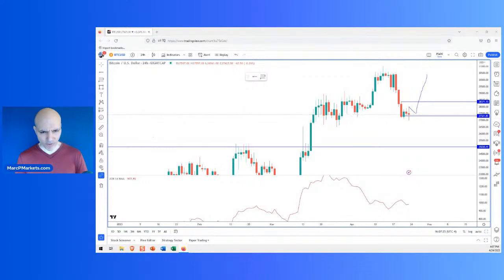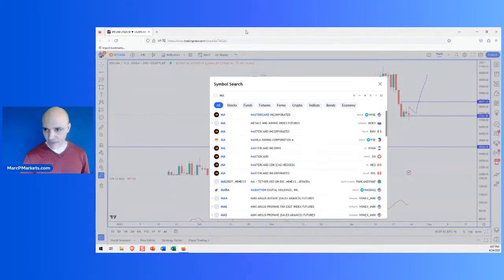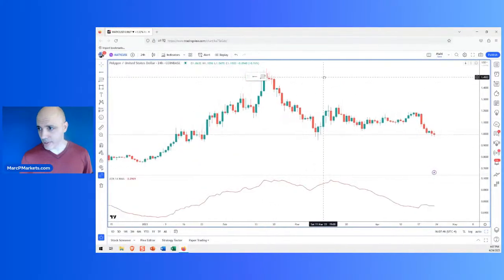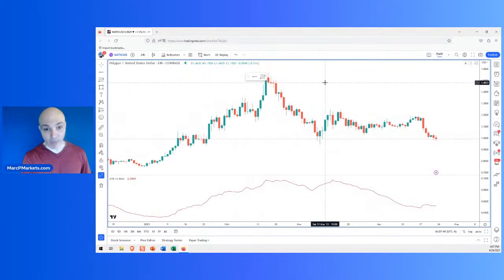All right, let me start answering some questions now. I'm just going back to some of these things here. Okay, Matic. Alp wants to see Matic. Now, Matic is interesting. Let me just move this over. The scanner, I know I bring up the scanner a lot, but I'm very fascinated with the scanner since I built it. How many of you guys can confirm this? It's been calling Matic short.